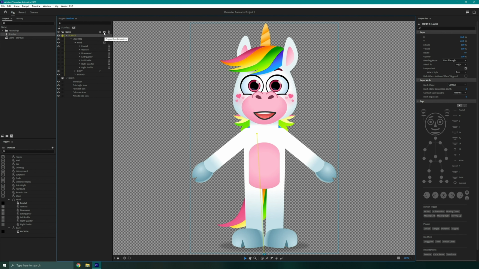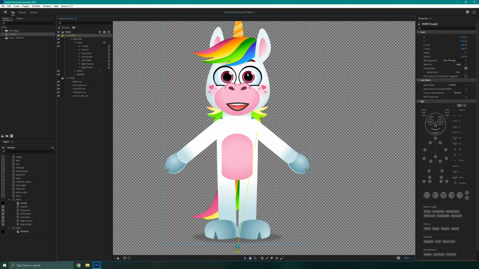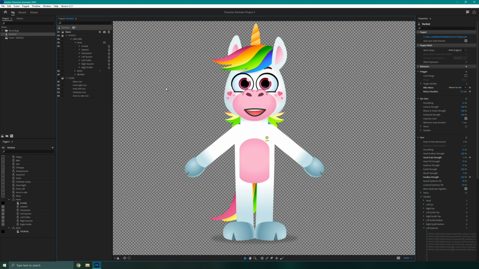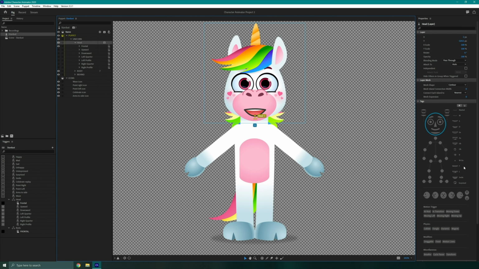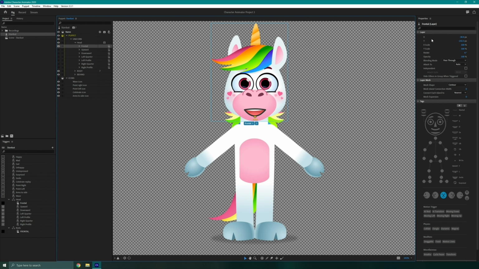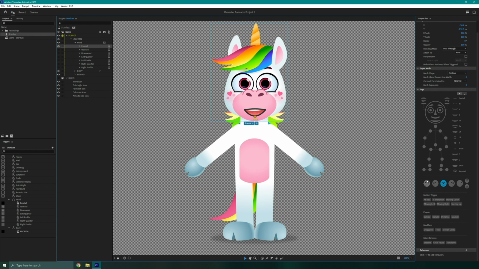We have this little icon here for behaviors. This means it is either a fixed point, a draggable, or a motion line. By selecting that layer, we can see over here in our properties panel it gives us a variety of options. Again, we'll go through this in more detail when we get to prepping a puppet and trigger videos. But just to give you a clue, each of these assigns to a different kind of general action. So if I just go to the left eye for a second